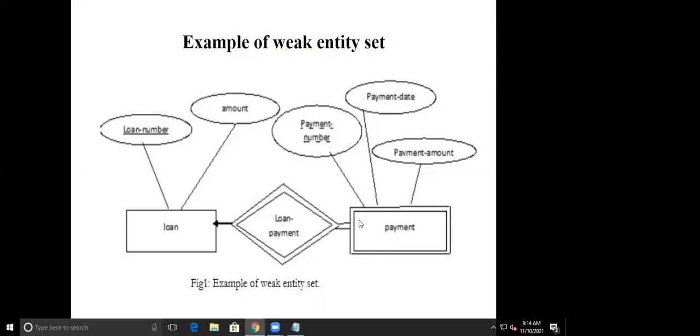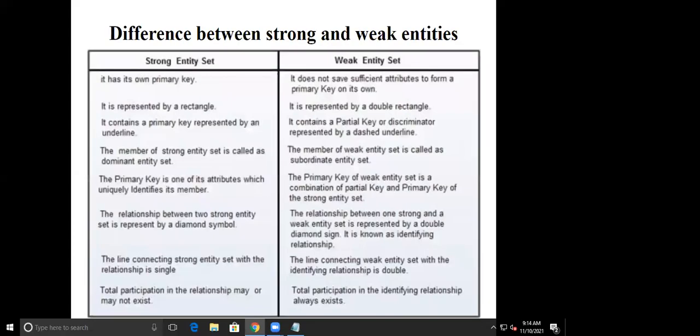Here, payment is shown as a double rectangle, showing that this is a weak entity set. The primary key of a strong entity is represented by an underline, whereas we use a dashed underline for the partial key or discriminator.